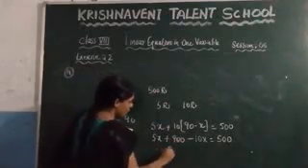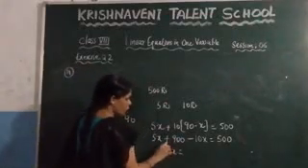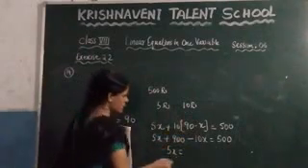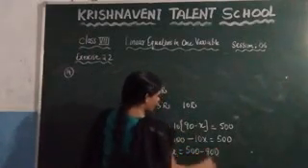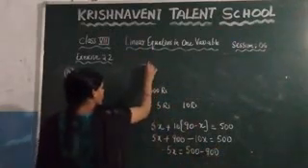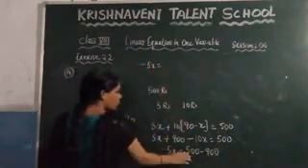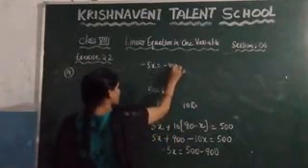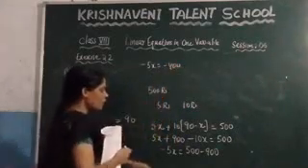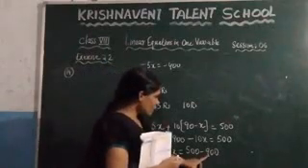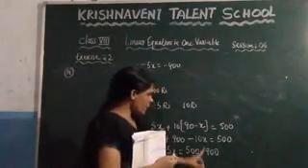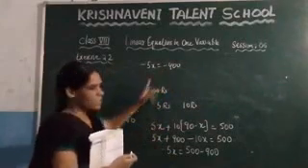You know that minus 5x is equal to, if you take plus 900 to the right hand side, it will become minus 900. So you will get 500 minus 900. So minus 5x is equal to minus 400. You know that 900 minus 500 is 400, and you have to see the bigger number's symbol, which is minus, so you need to keep minus in the answer.